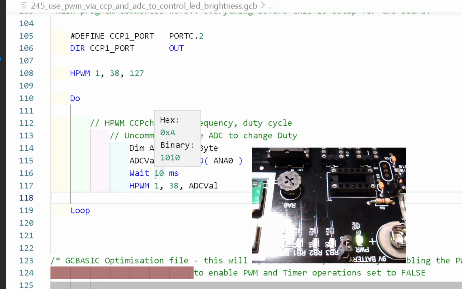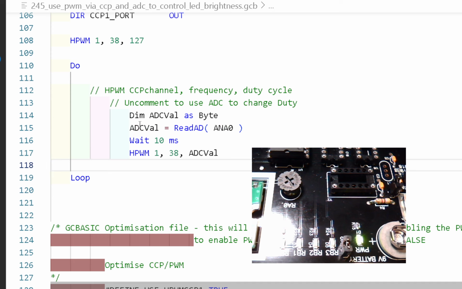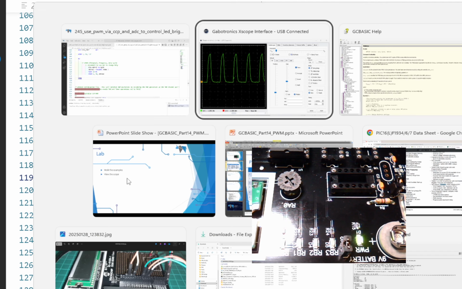And then down here, I can do some clever stuff. I can read the ADC in, which is a value of 0 to 255. I can send it to the same command, and we will get a varying signal. Down below, there's some optimization code. You can look at it in your own time. But if we look at this,